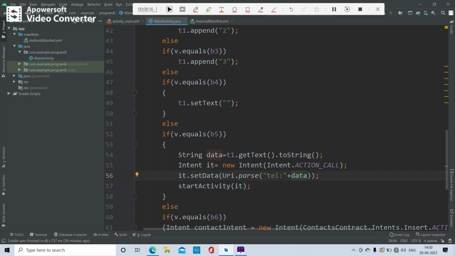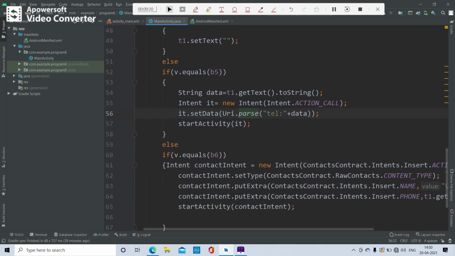Tel is a text and data is the number. Now when you click on the call button, it calls the dialed number by starting the activity having the telephone number data. You have to use the Uri.parse method.